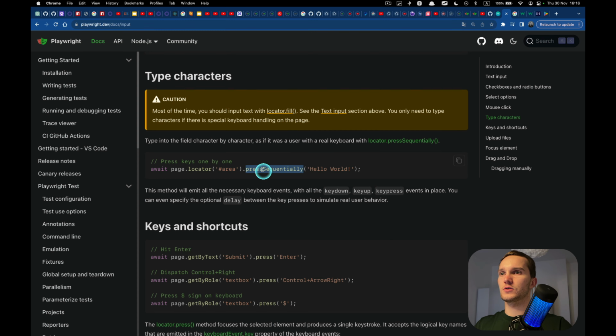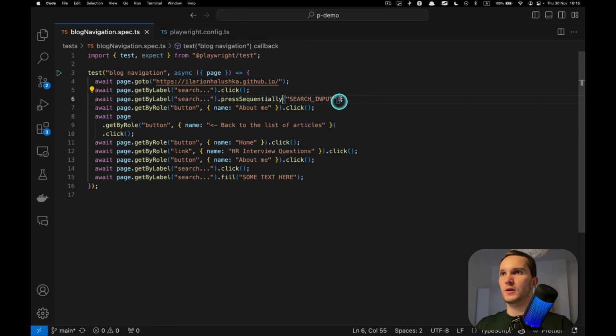And we can also use pressSequentially. It also inserts text into the element, but this one just presses the keys one by one. So fill kind of inserts the whole text, and this one presses one by one, and obviously this one is slower.